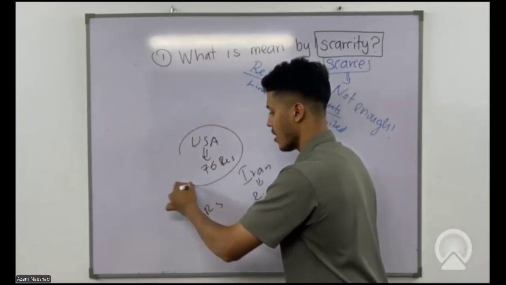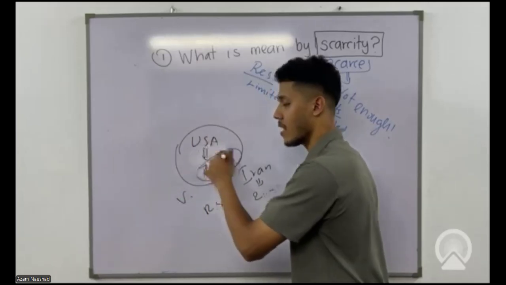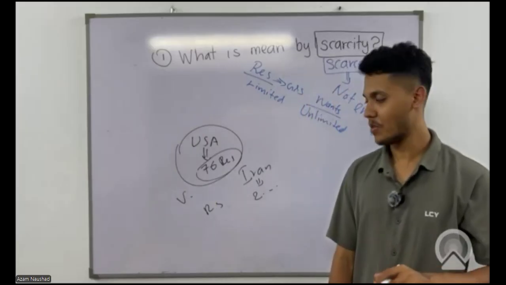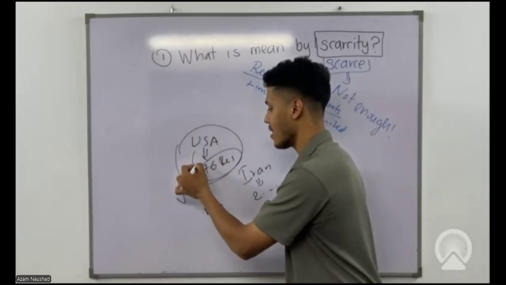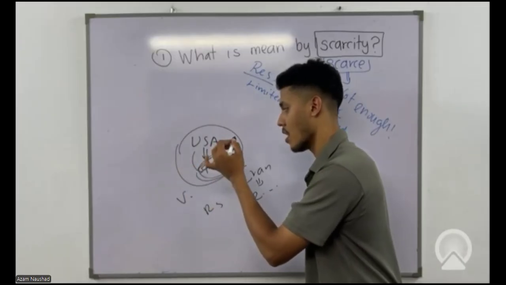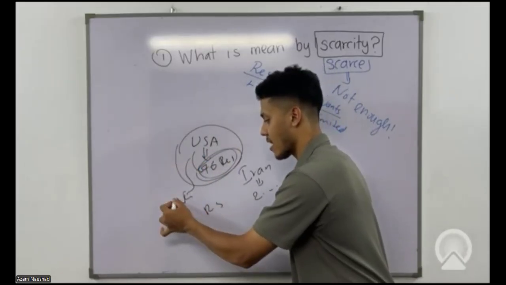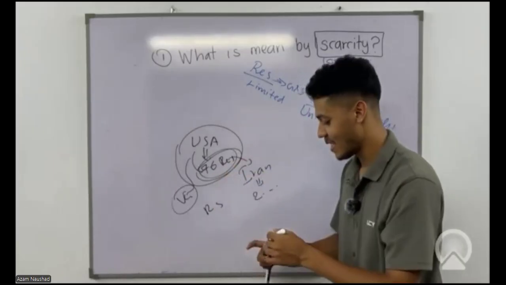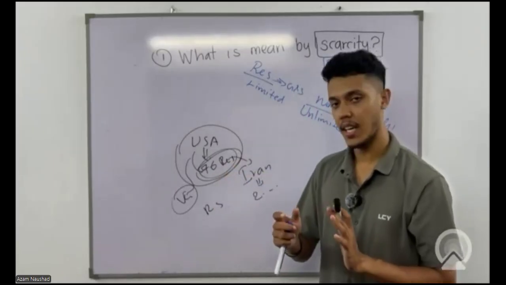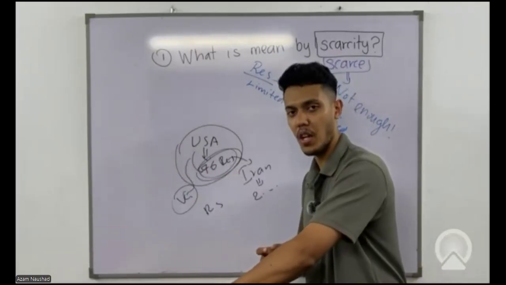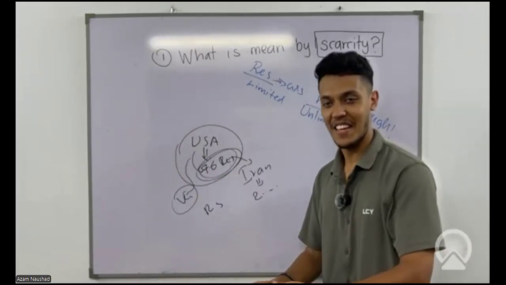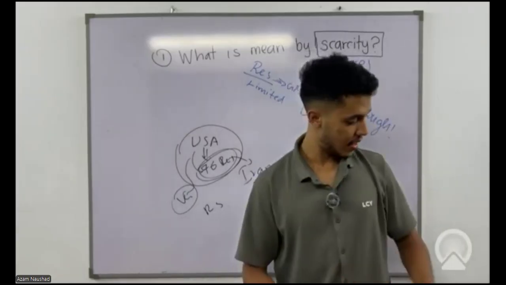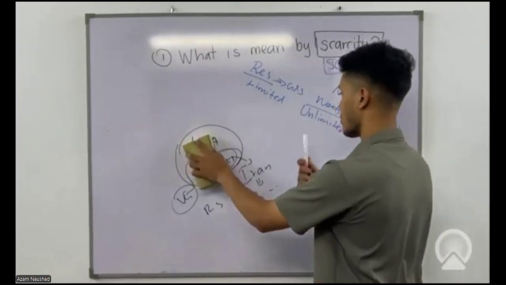America knows the crude oil they have is not going to satisfy them, which means they are assuming this is not enough for them. So that's why Trump took over Venezuela and is also chasing Iran. This is what is happening in the world. The USA is chasing crude oil while Israel is chasing land, so it's a different scenario. That's why we consider resources to be limited because of the unlimited wants.